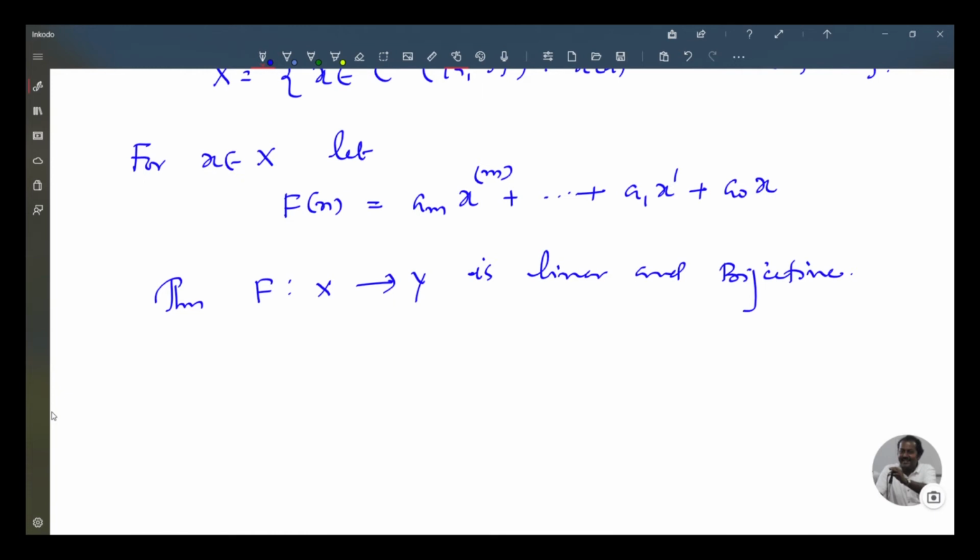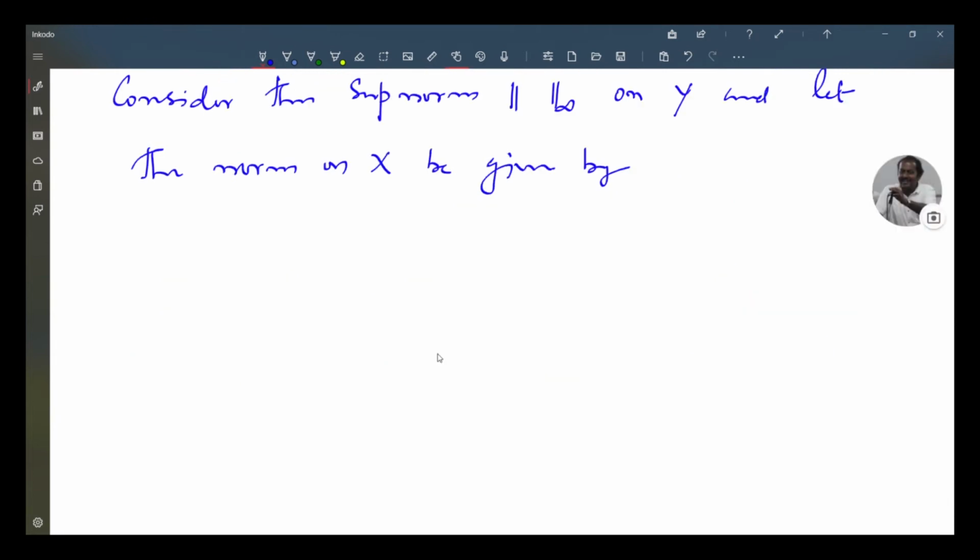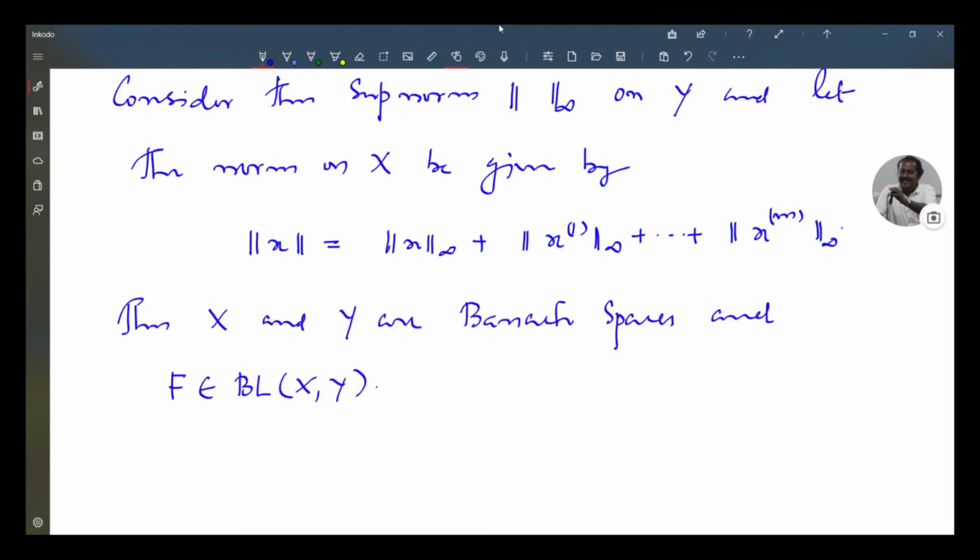Consider the sup norm on Y, and let the norm on X be given by norm of x equal to sup norm of x plus sup norm of the first derivative of x plus etc. plus sup norm of the mth derivative of x. Then X and Y are Banach spaces, and f belongs to BL(X, Y), since